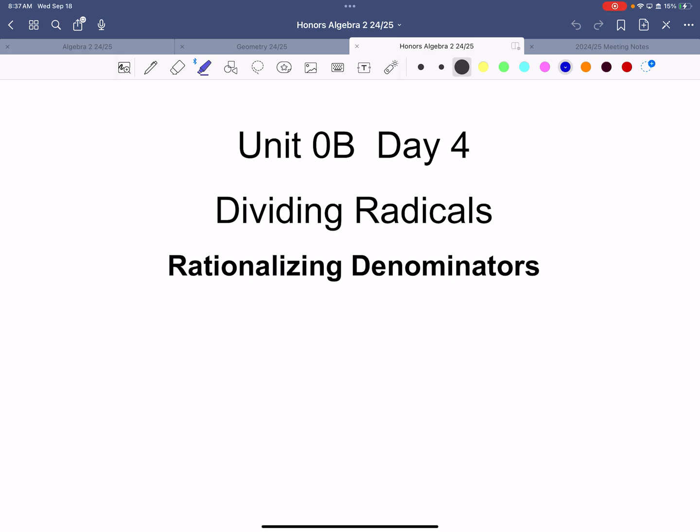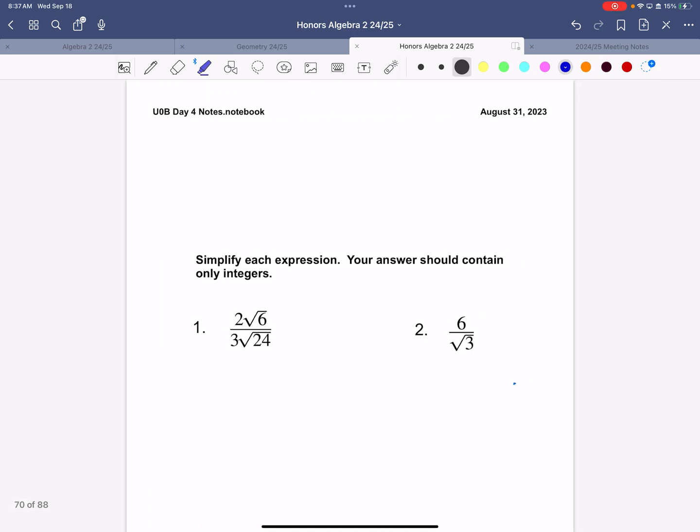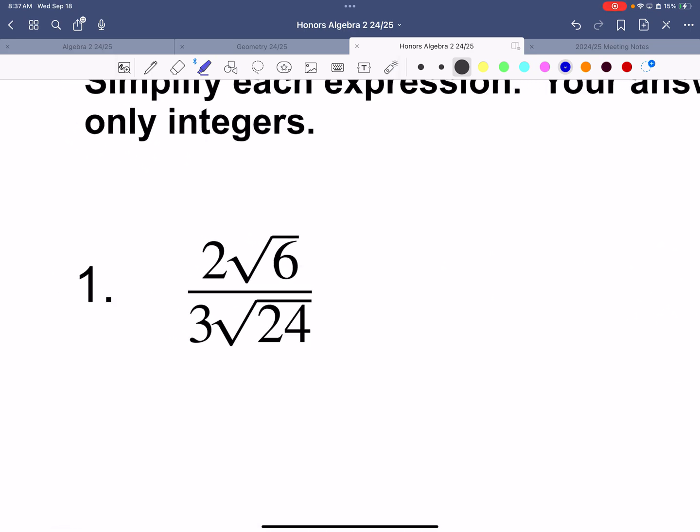Today what we're going to do is what's called rationalizing the denominator. Rationalizing the denominator essentially means that we're going to make sure there's not a radical sign in the denominator, and we're going to show you how we do that without changing the value of the problem. Okay? So for example, if we have something like 2 radical 6 over 3 radical 24,